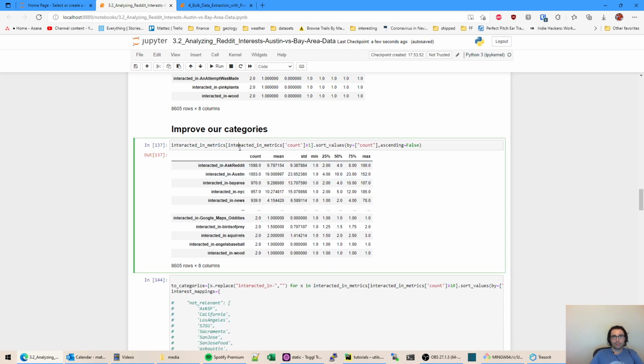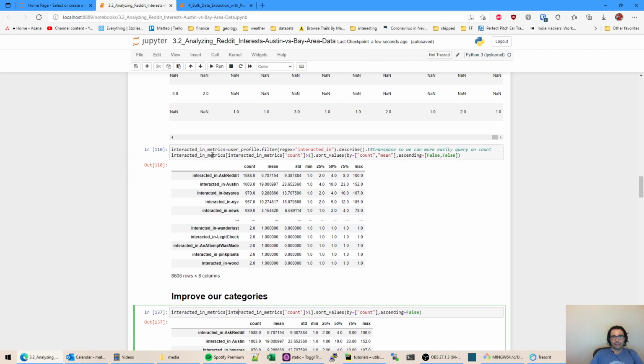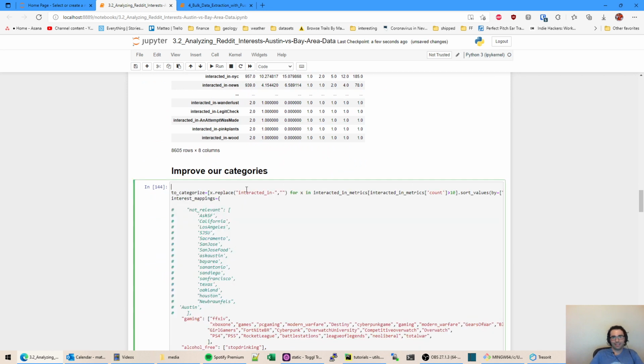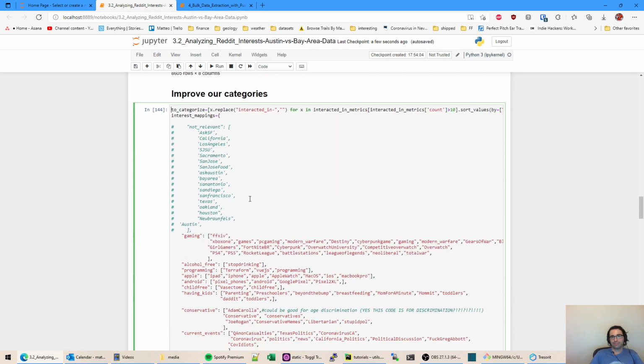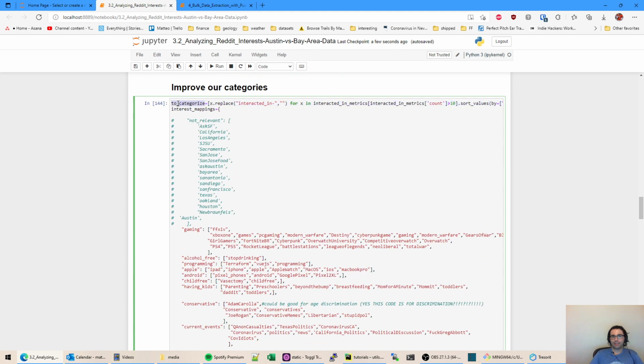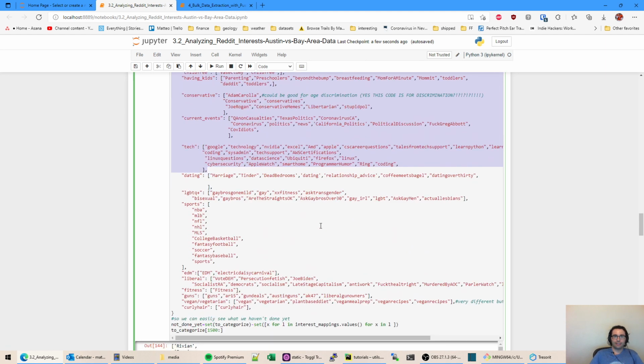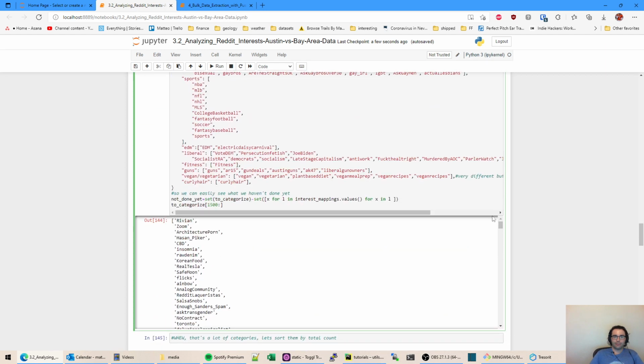All right, so similar as before, it just re-showed the same thing, sorted by count. So this is not really necessary. Okay, so here, like before, I had this categorize thing, and I've spent a lot more time going through this. There is a huge list of things that I, like I said, I literally went through every single one of these. And I was like, does this matter? Doesn't it? It might seem daunting, but it's not too bad.